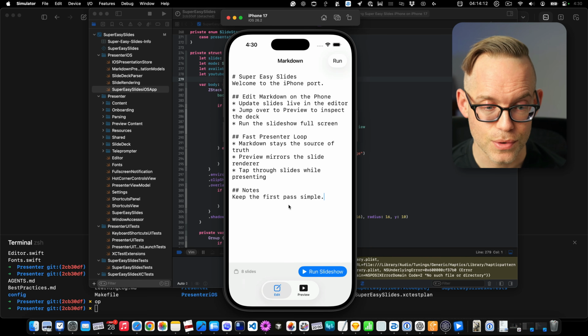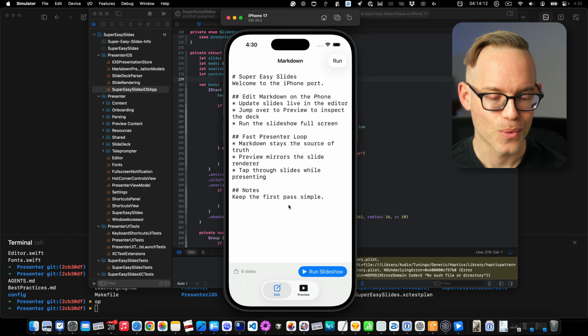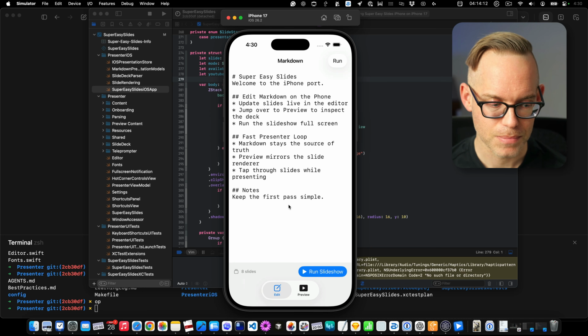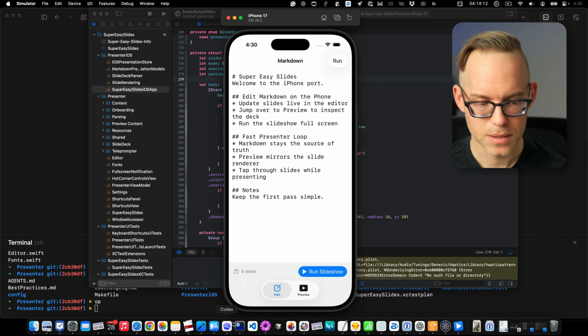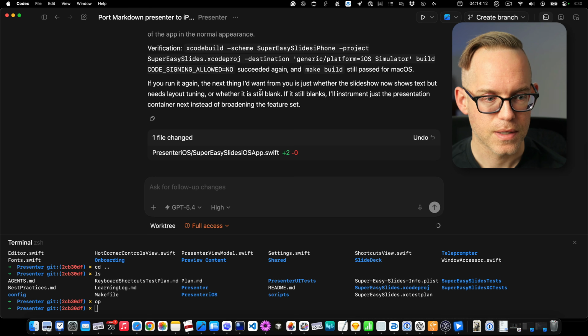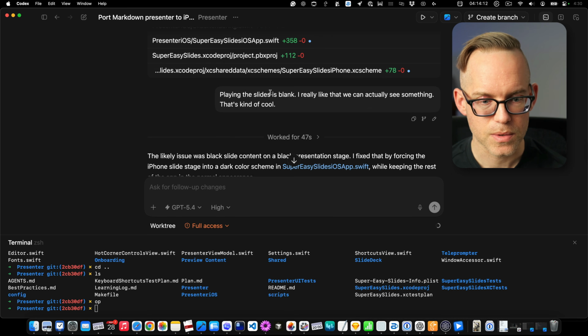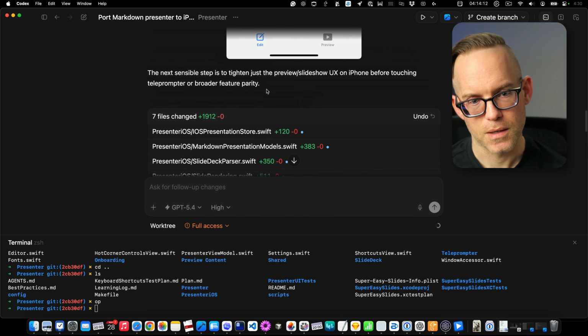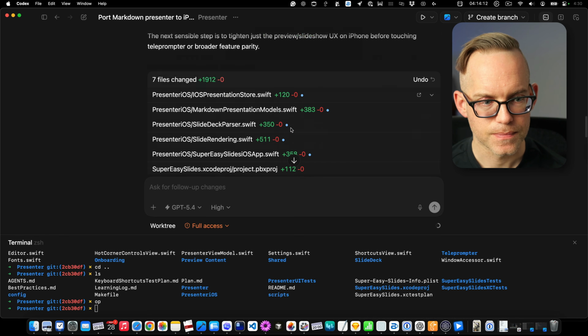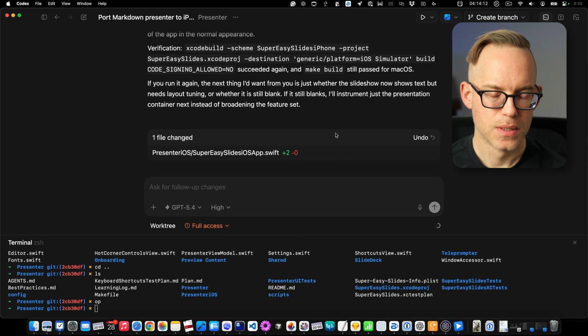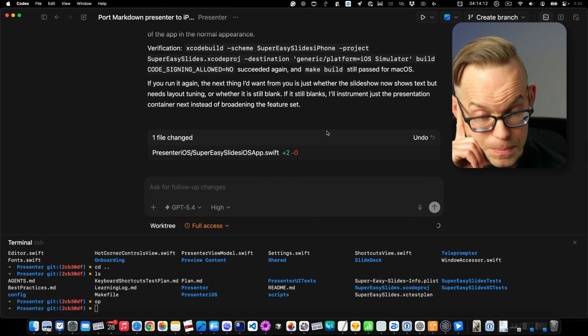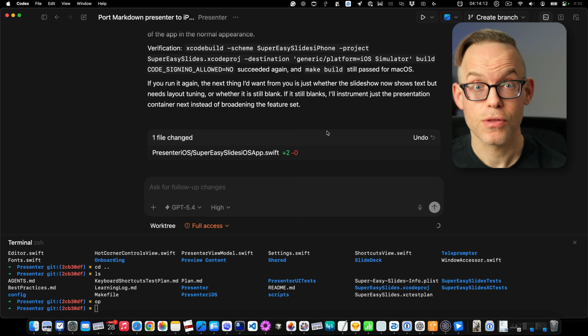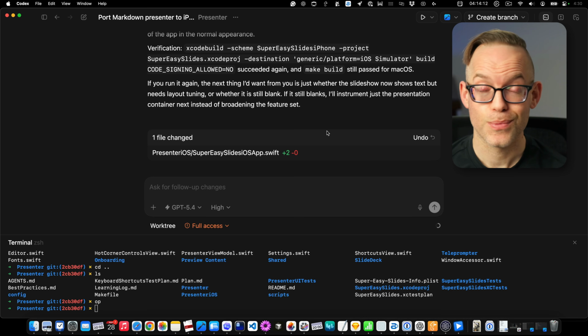That's a simple look at what this is able to do. It can build and run apps, and it's doing stuff. That worked. So I don't know what the issue was. Oh, the black blank slide maybe. It was probably an appearance issue. Okay, cool. I don't think this is production ready, but it's an interesting thought experiment of what is possible in